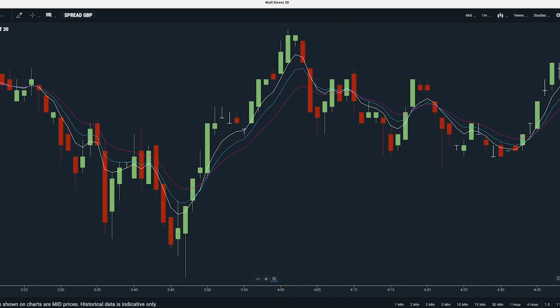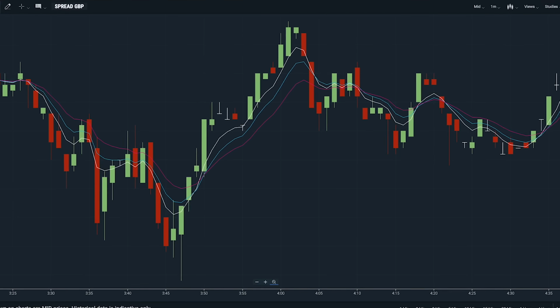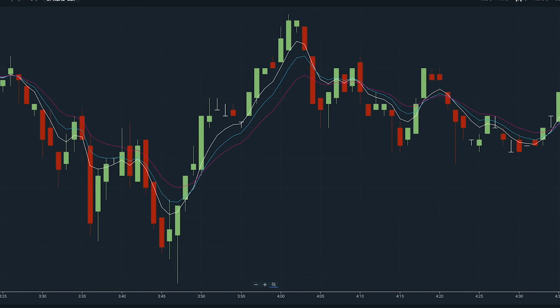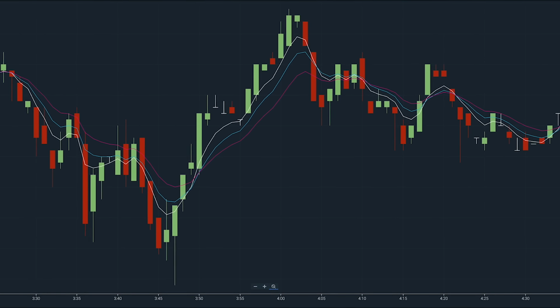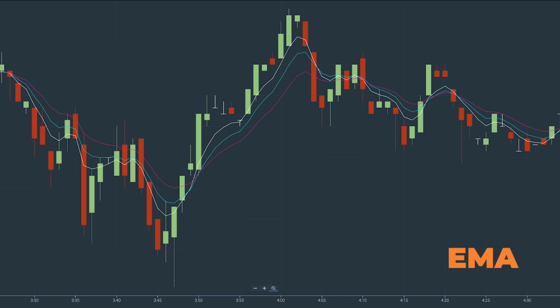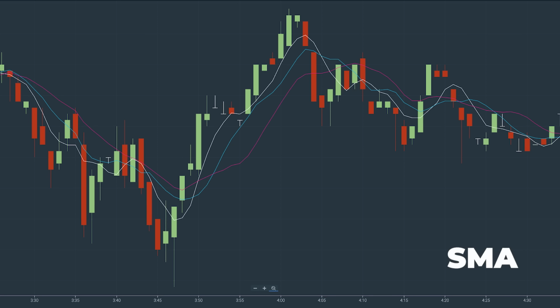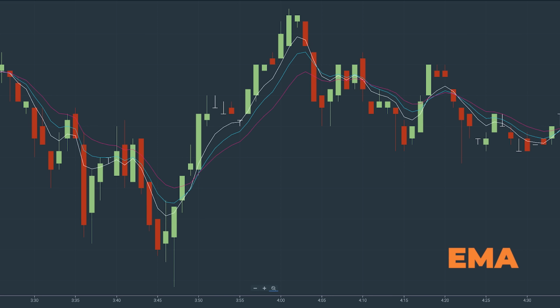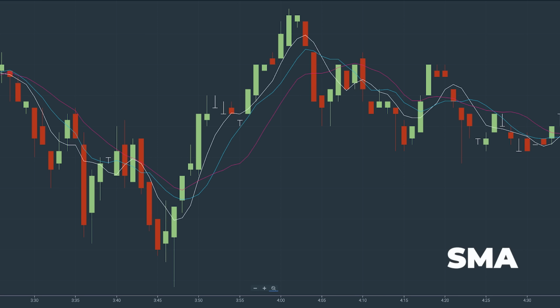Except this time, the lines will be more reactive to the current price, meaning that they will be tighter together and, depending on your experience, easier to interpret. And just to show you the comparison between the 3 SMA and the 3 EMA lines, I can flip between the two just to show you how much more responsive the EMA is than the SMA. The EMA lines are much closer together and not as smoothed out as the SMA lines,